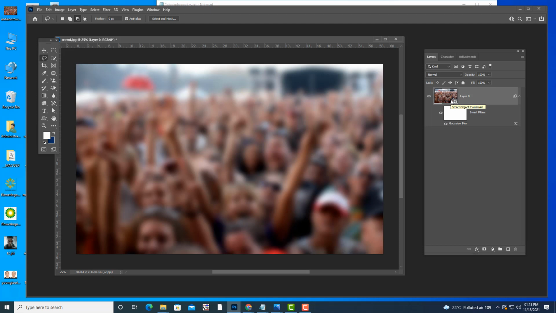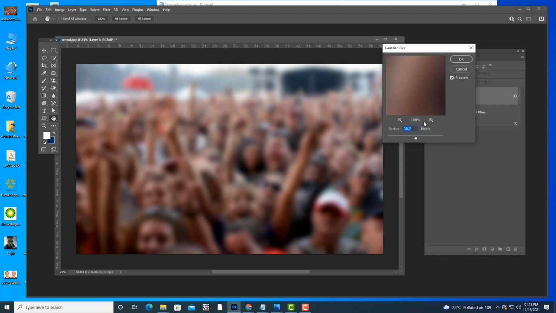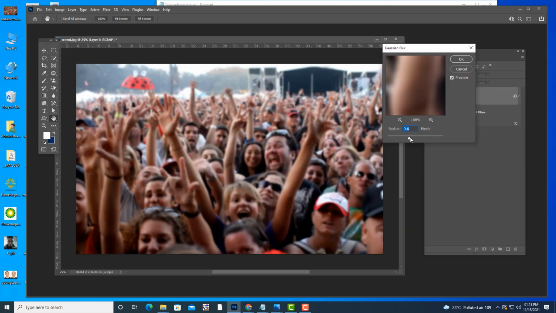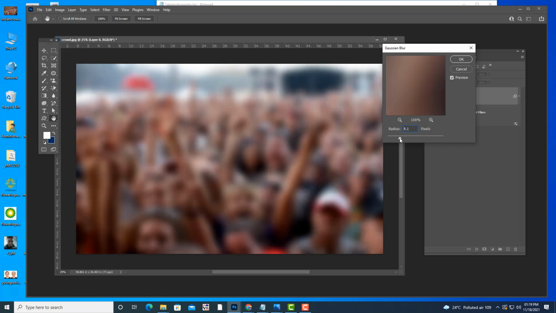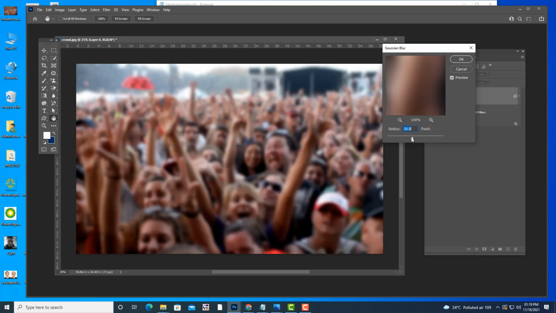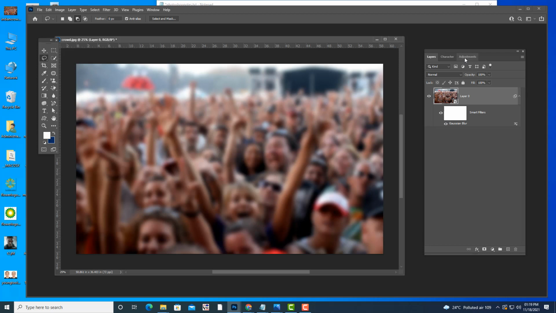Now one good thing you see. Now the value of Gaussian blur is too much. I want to reduce the value of Gaussian blur. You can see Gaussian blur here. I can simply double click on this and reduce the amount of Gaussian blur. This is easy actually. If you convert to smart object, you will be able to access this Gaussian blur. I can increase or decrease like this.